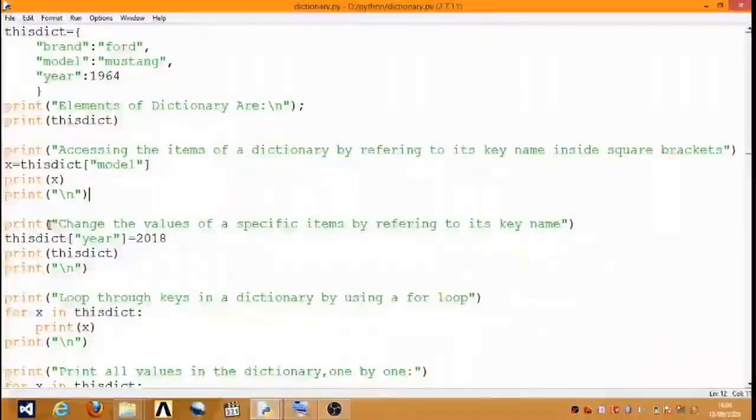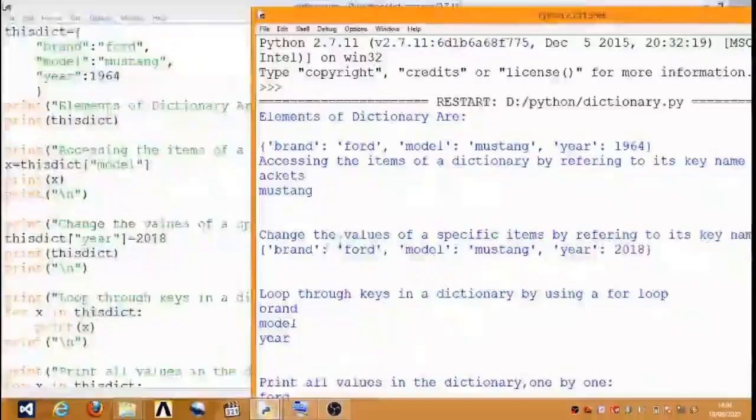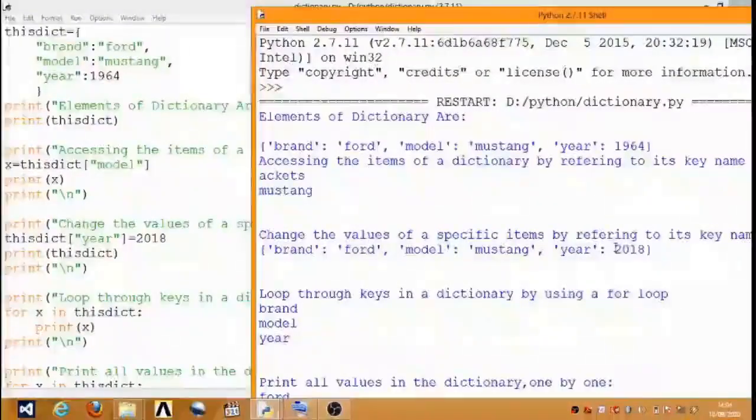Next, change the value of a specific item by referring to its key name. So here our earlier value is 1964 and our new value is 2080. So check our output here. So here our new value is 2080.